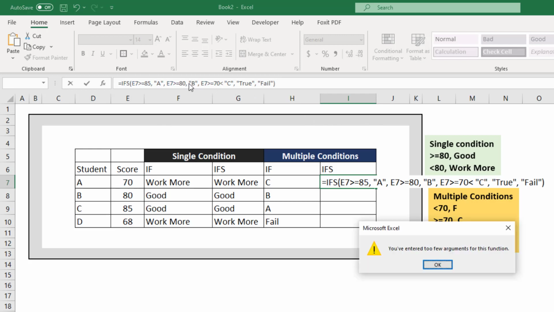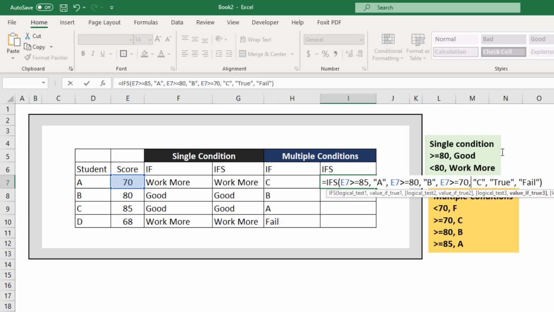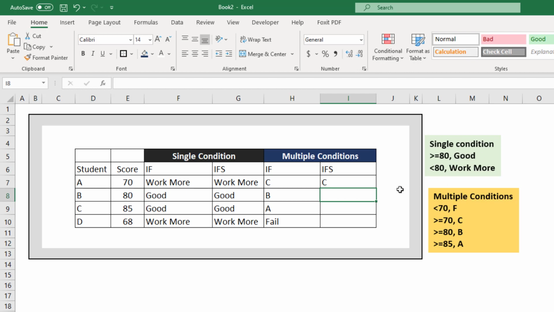What I have done, have I done anything wrong? Let me see. True, fail, it should be, but what's going on? Condition. Oh no, here is the problem. This should be a comma. Okay, done. See? So you now know the difference between these two. And now let's go to